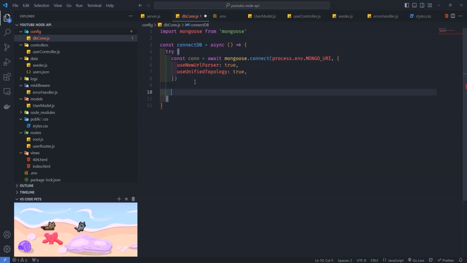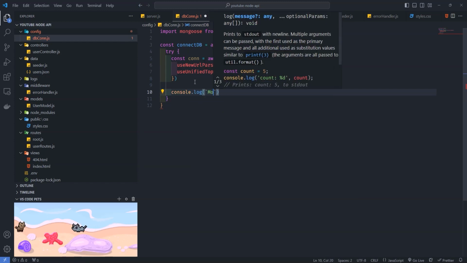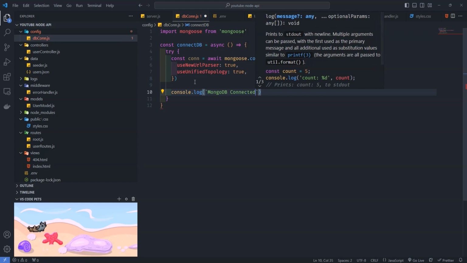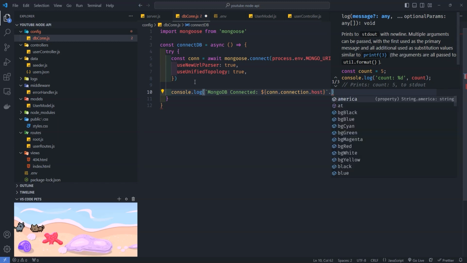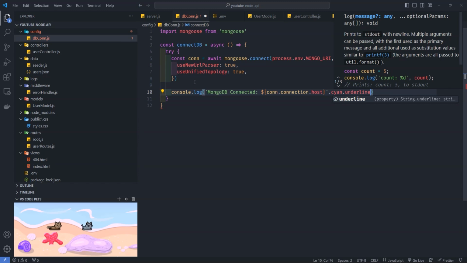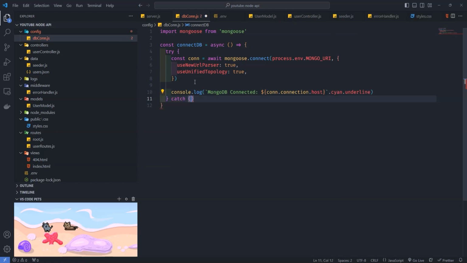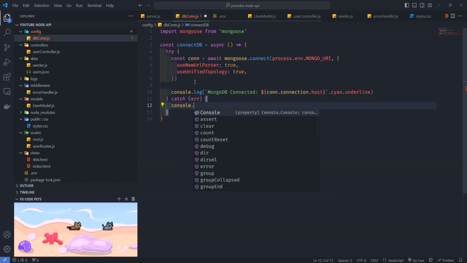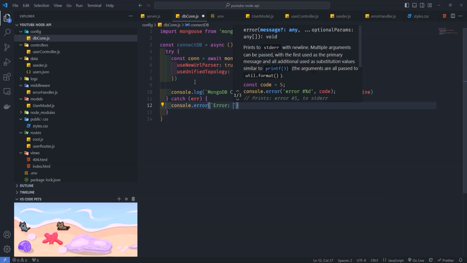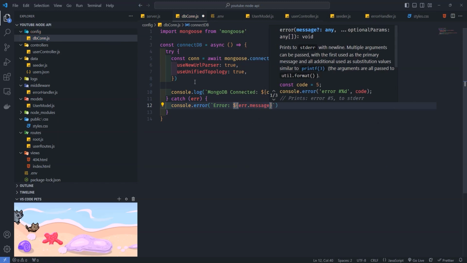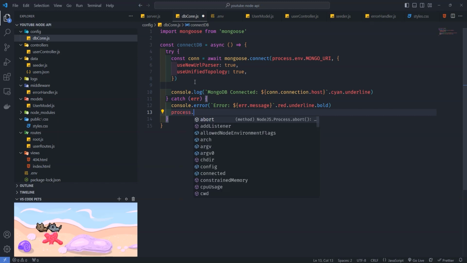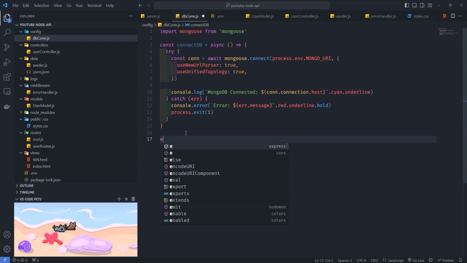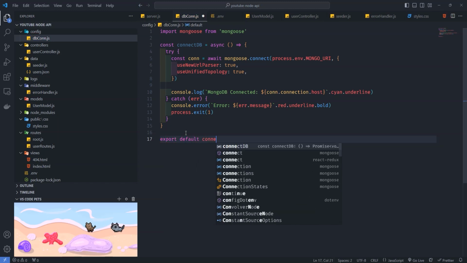And then we console.log MongoDB connected, and connection.host, we give a color cyan underline, and catch an error if there's an error, and we console the error, and error of error.message, we give the color of red, underline, and bold. And after that, if there's an error, we do process.exit. Export default connectDB,